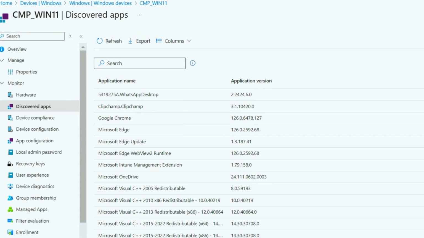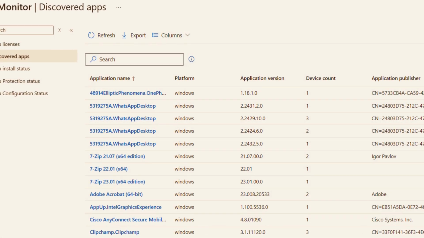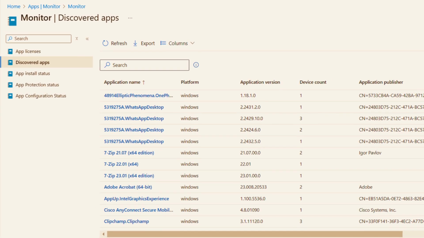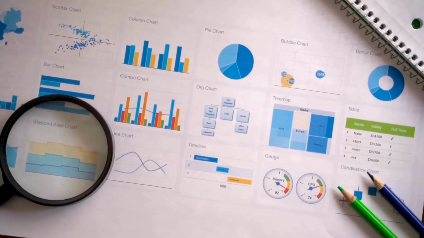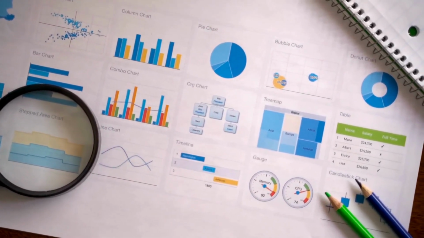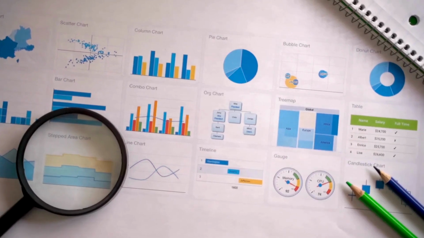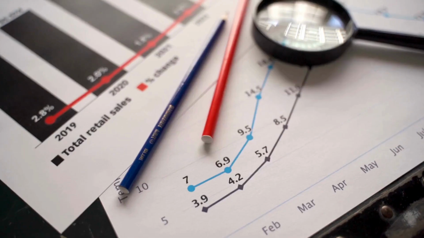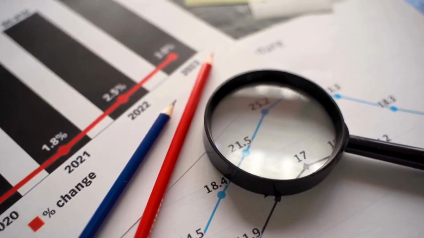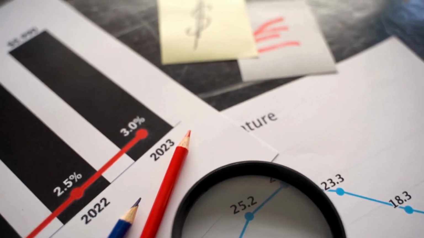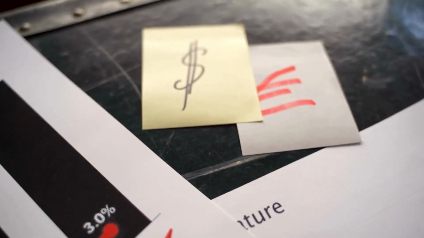In Intune, while we do have the option to view all applications installed on a particular device and the overall discovered applications across the entire estate, creating a report for a specific application or a specific device type such as Windows, iOS, Android or Mac can be a time-consuming process. In this video, I will demonstrate how to create such reports quickly and easily using PowerShell.